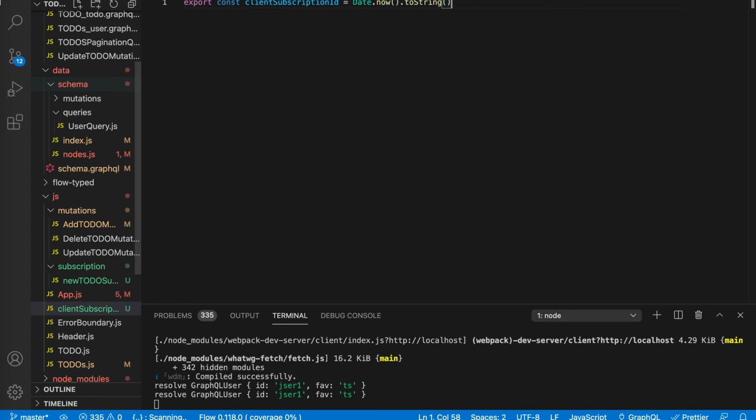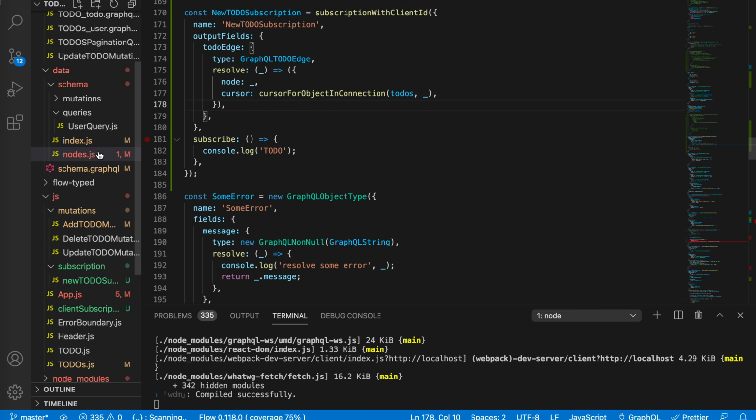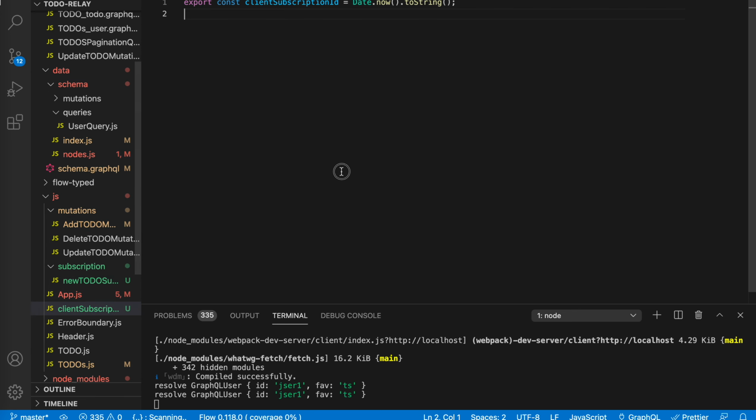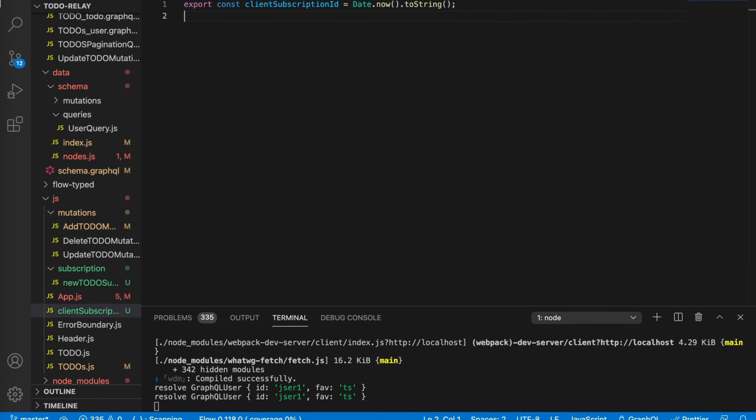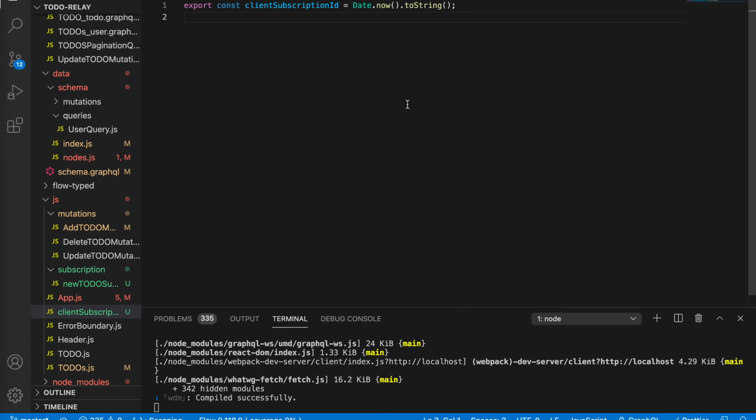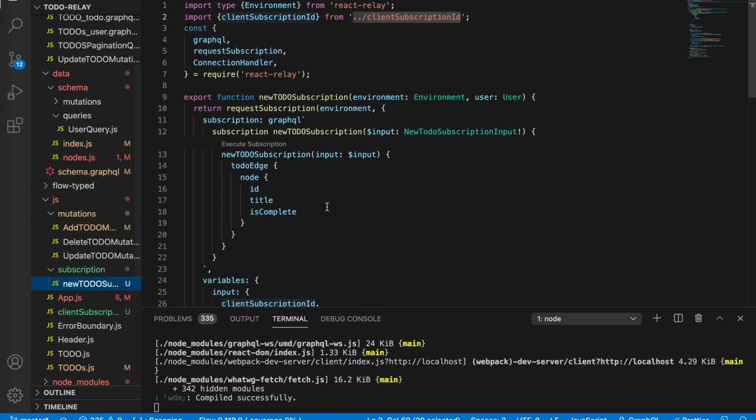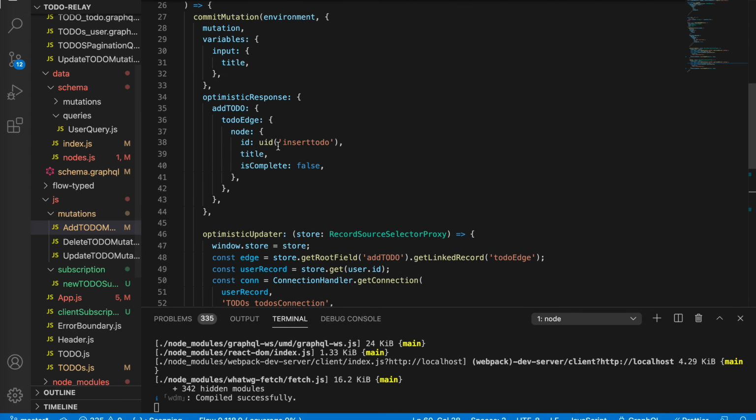We add a random string to this. We add this random string as the client subscription ID. It's a unique ID for a different browser window. So in this function, we would call the request subscription from React Relay, just